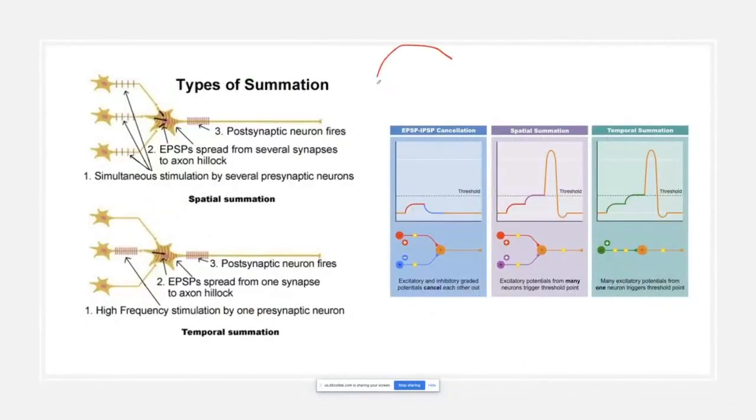Why does that happen? Because let's say this is the soma of a neuron. You are producing a stimulus here, another here, another here, and another here. All of the sodium ions that enter the cell through different channels are going to travel by diffusion inside the neuron and reach the hillock. So if we add all of these stimuli, we may reach the threshold at the level of the hillock, and that is what is important.